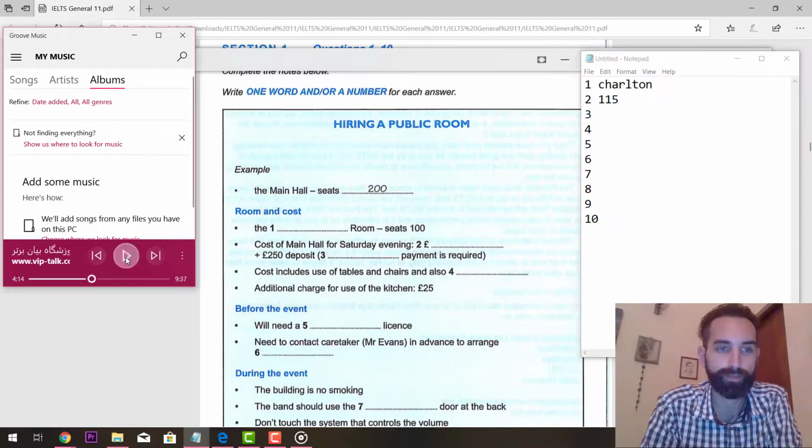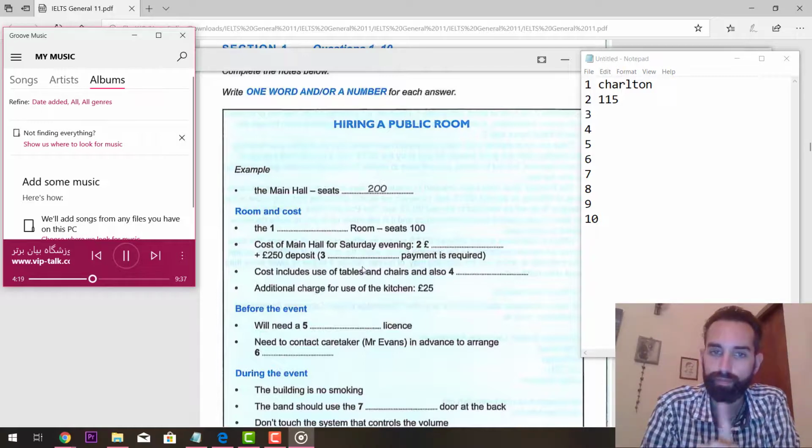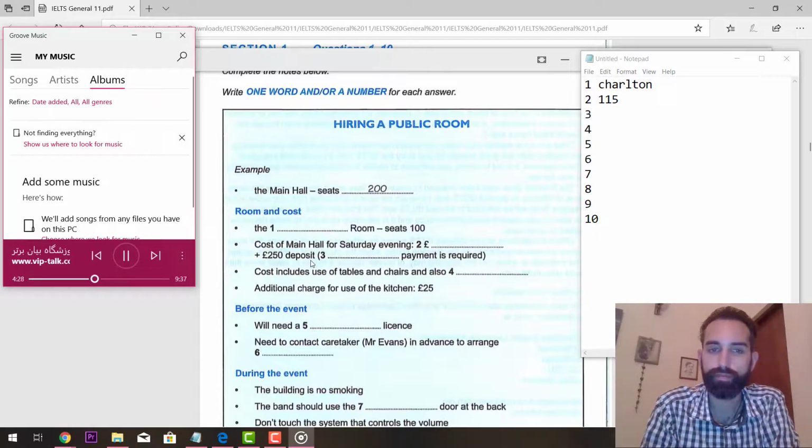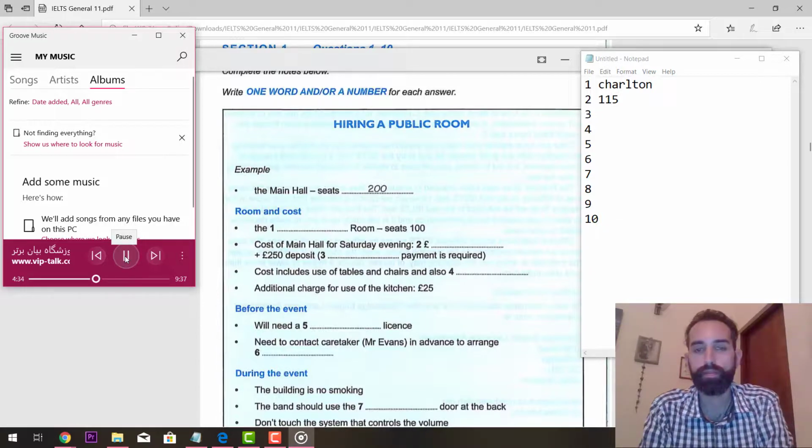Now, going on. That's all right. And I have to tell you, there's also a deposit of £250, which is returnable, of course, as long as there's no damage. But we do insist that this is paid in cash. We don't take cards for that. You can pay the actual rent